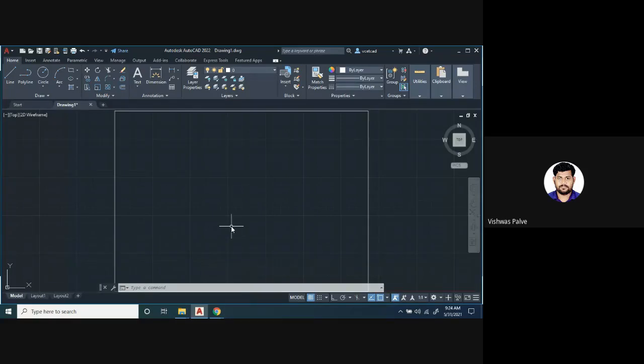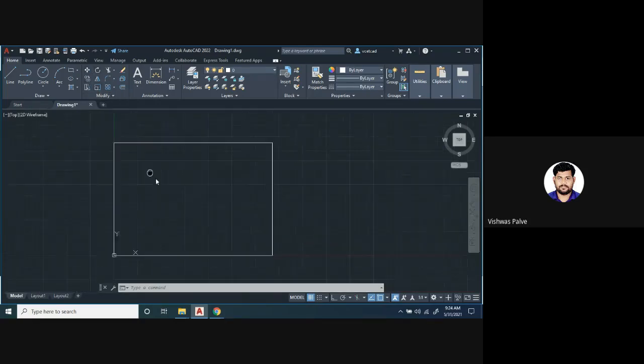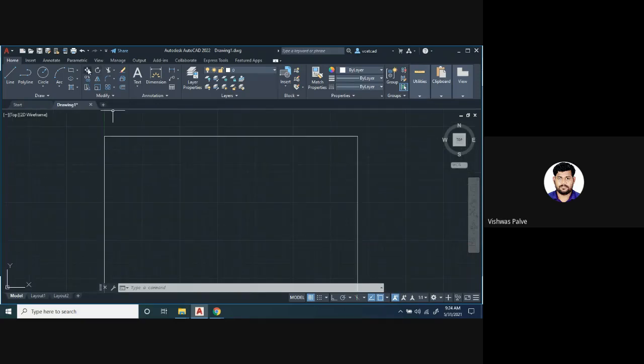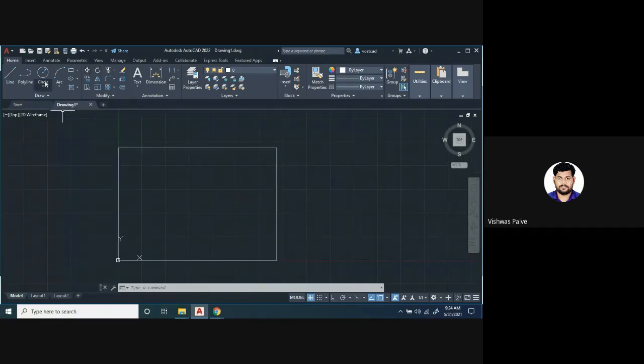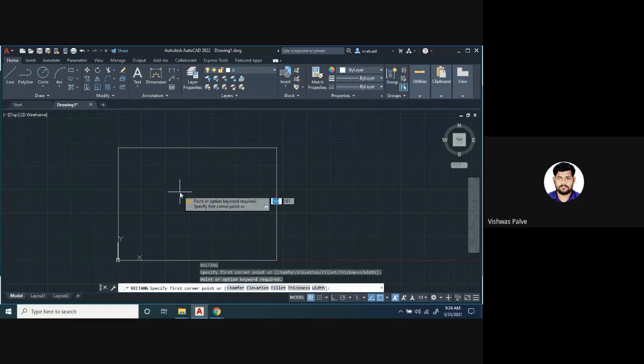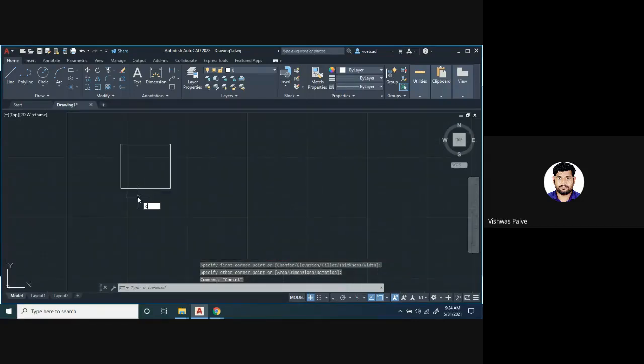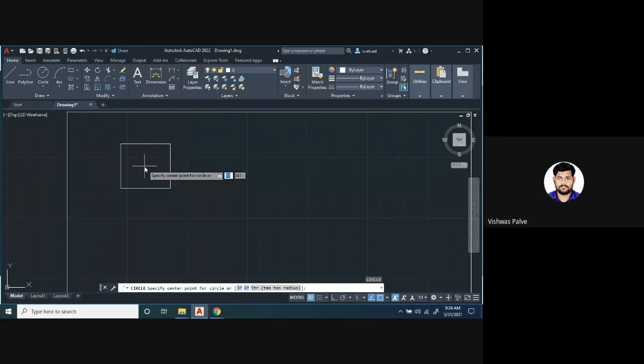So now we are going to study the modify toolbar. What is there in the modify toolbar? For that, let us draw a few figures so that I can use the first option, that is the move option. For the move option, I will prepare one rectangle and a circle. REC, enter, first point, and then I'll just drag and leave it. So this is my object, which I have created on the screen. In that I want to draw a circle. Shortcut for circle is C, enter, specify somewhere on the screen. So this object is there on the screen.